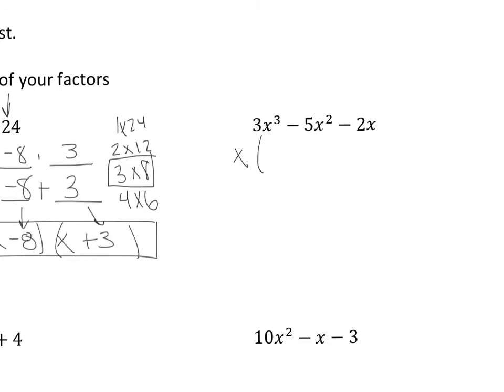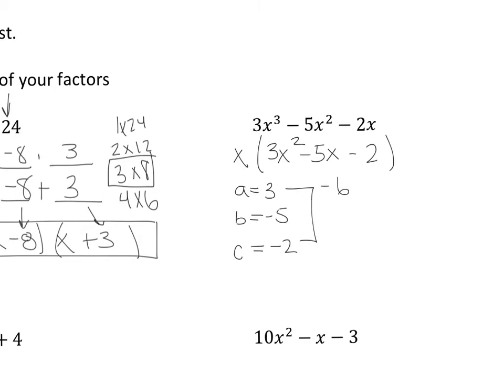So by taking an x away from each term, I now have 3x to the second minus 5x to the first minus 2 with no x. And now I can proceed to factor what's on the inside. So again, my a is 3, my b is negative 5, my c is negative 2, a times c is negative 6, bring the b over,